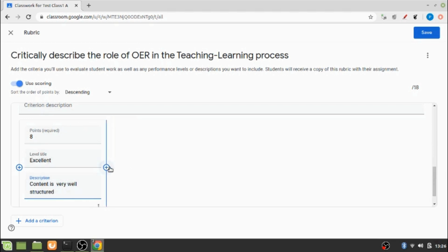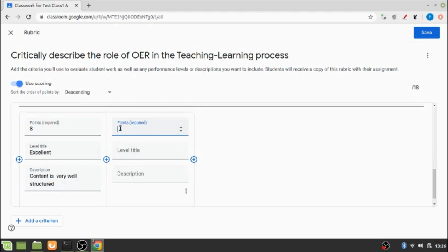And again I can add another level to this criterion. Say for that I give 4 marks. The level title will be again average. The description is content is moderately structured.